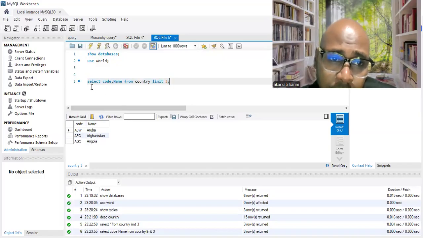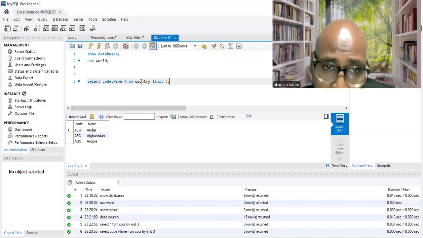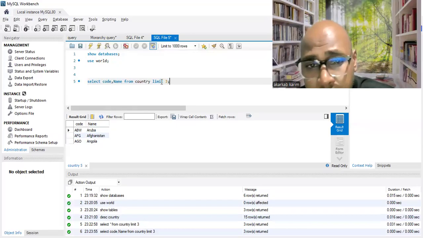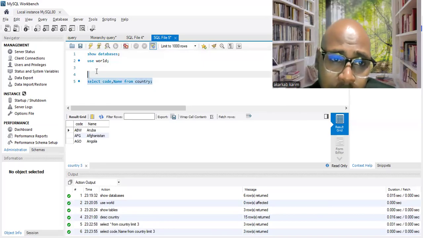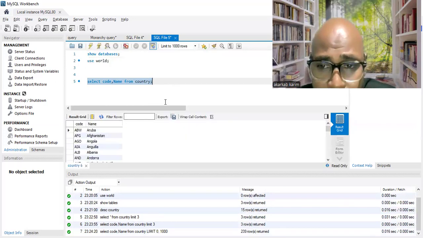We use this syntax: select, the name of the column that we want, from the name of the table. If I want to return all the data, we can just remove this limit constraint.